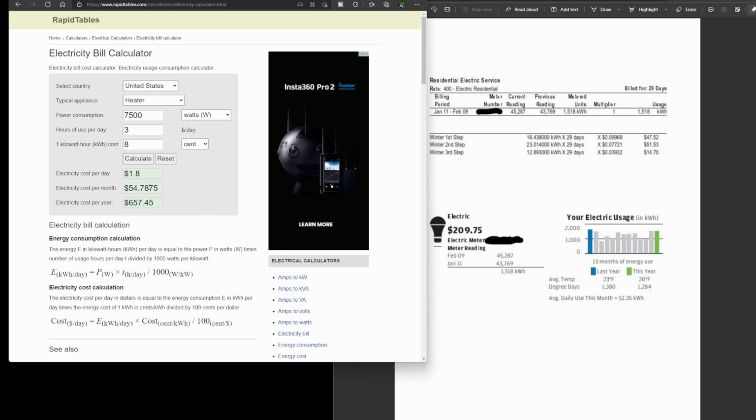So basically, I would assume is worst case, saying it's always running at high, and it's running at 8 cents a kilowatt hour, that it's costing us $54.78 to run it, which makes about right amount of sense, right? If you look at my bill over here,